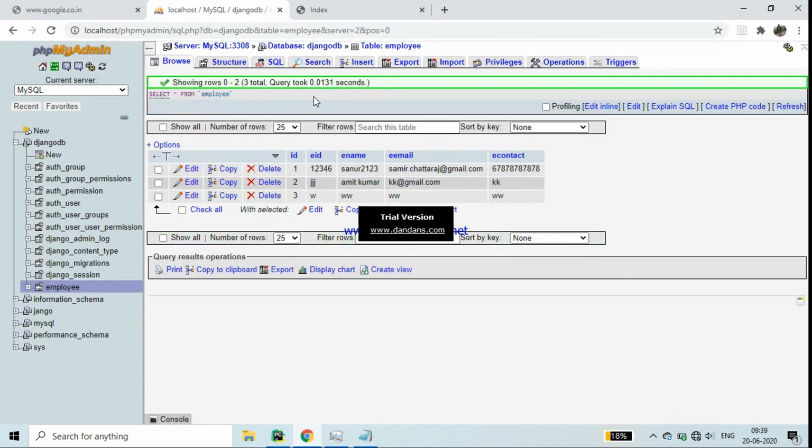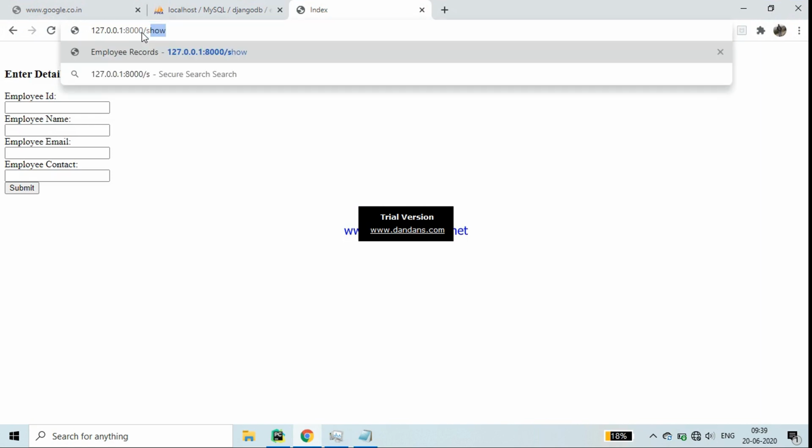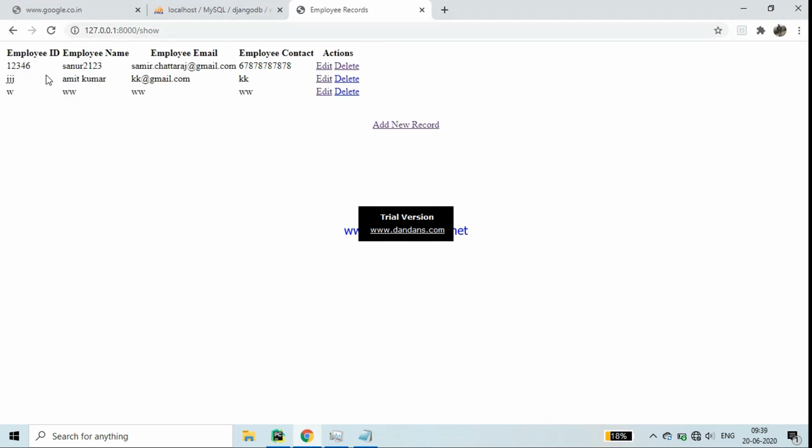Now when we run this project, as you enter a record, I will direct it to this page, the show page. You can view your data. Now see the edit part. In edit, what I have done: when you click on this edit button,